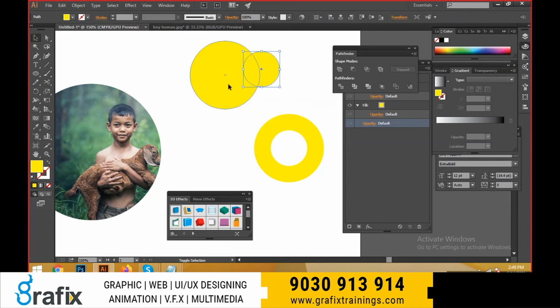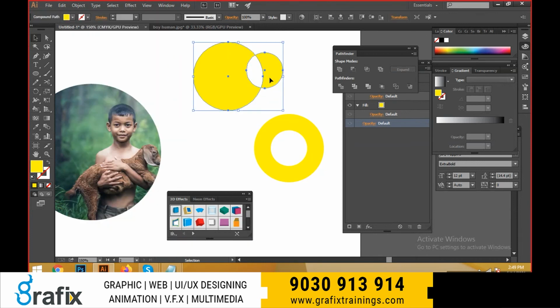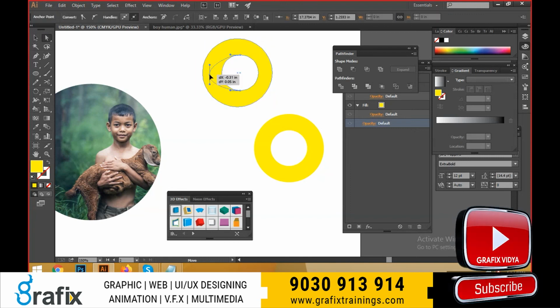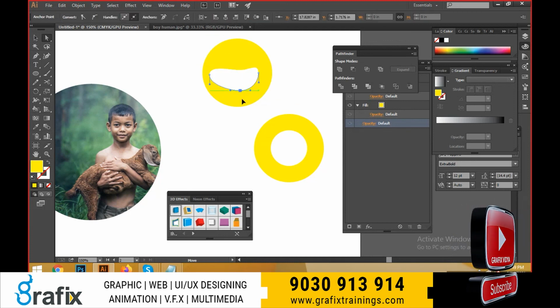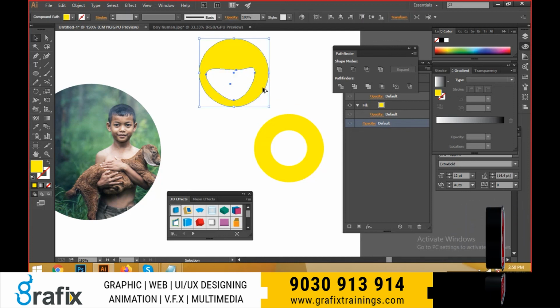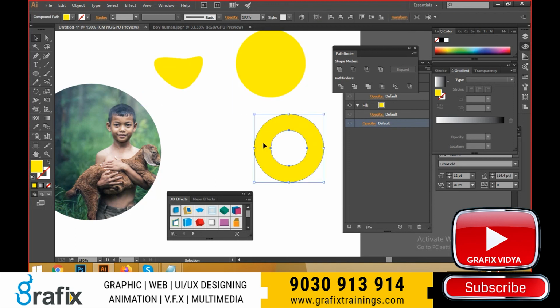The compound paths will help us. We can make a compound path like this. Again, if we would like to release a compound path, Control Alt Shift 8. But here we can't get back again. Why? Because already it is completely trimmed. We have trimmed the shape of the inside. But here, select it and generally we can trim it. And after that we can adjust the properties, shapes like this. And I would like to release a compound path, Control Alt Shift 8 here. Again, we can divide the shapes, but here we can't divide the shapes.